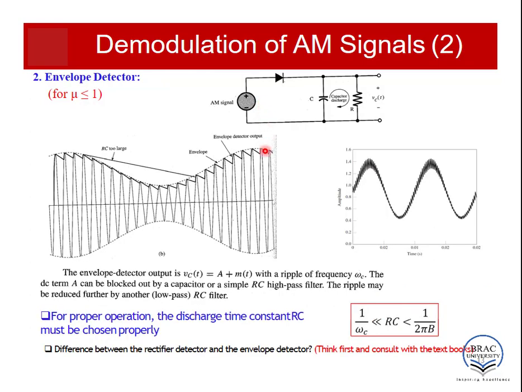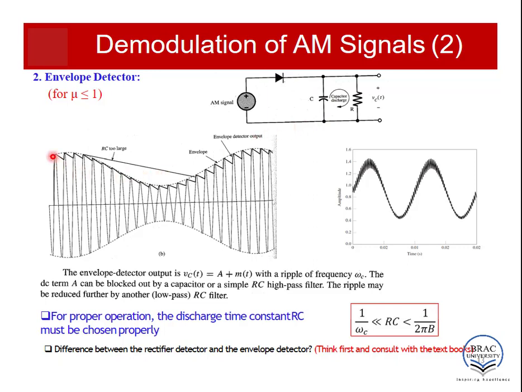Our next demodulation circuit is an envelope detector, which is basically a half wave rectifier with a filter capacitor. I hope you already know the functionalities of a half wave rectifier circuit. The input to the circuit is the modulated AM signal, then comes a diode, and then one capacitor and a resistance in parallel. Let's see what happens here. Initially, the capacitor is not charged. As the input signal increases on the positive side, the diode is forward biased and the current passes through the capacitor and gets it charged to the maximum value of the cycle.